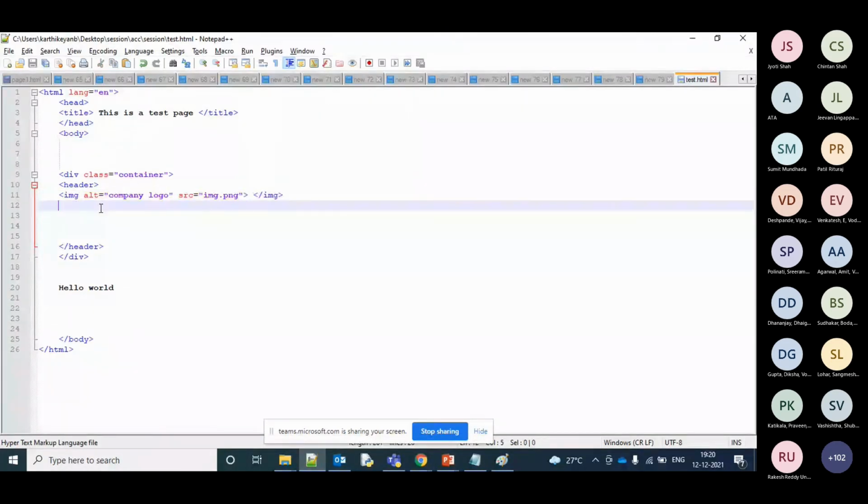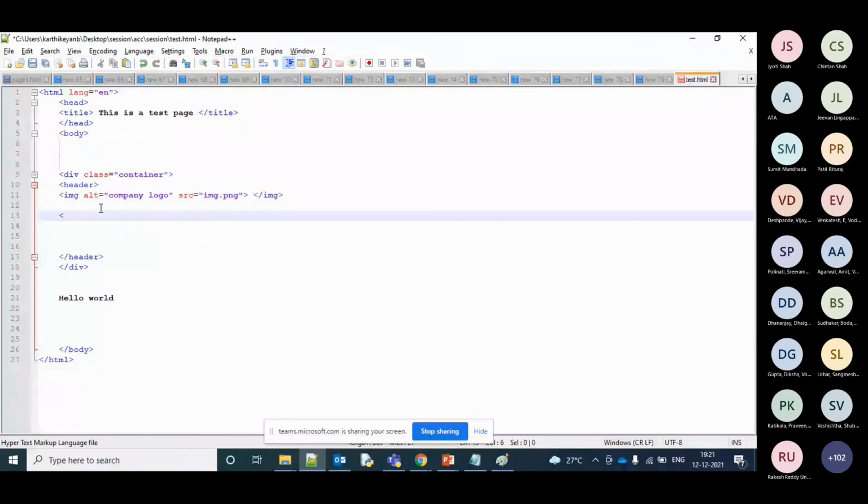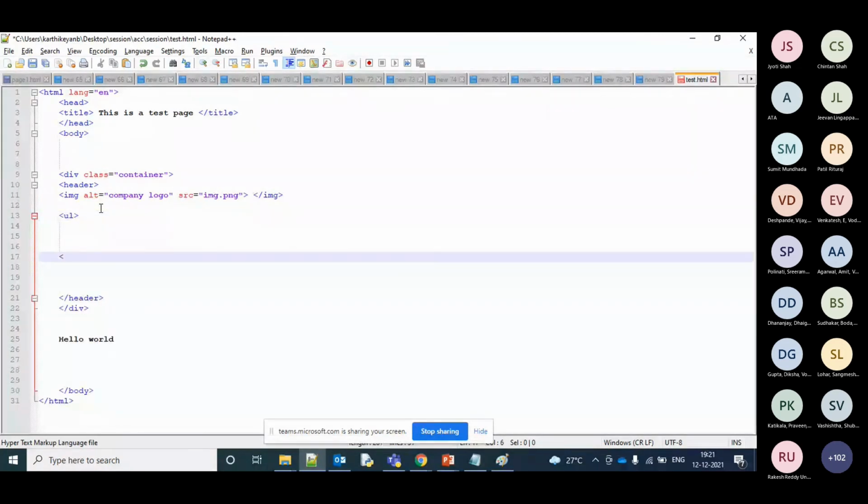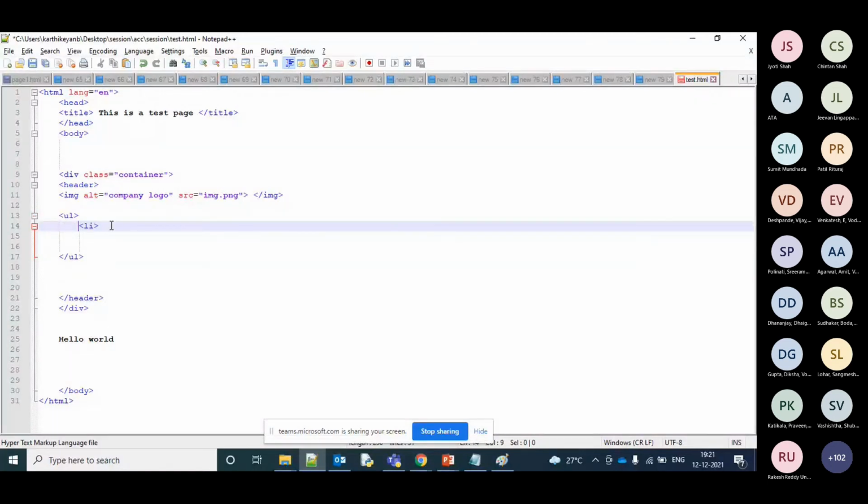Now let me try to add my options. Let me add some links. I'm creating a list here with UL, and it has an li in it. It's nothing but a list. And what can I do?